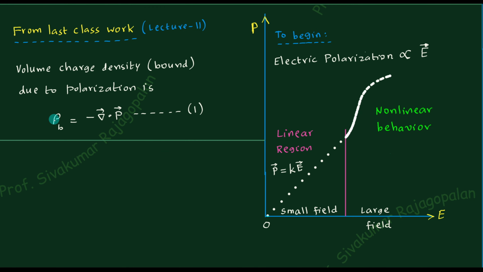By evaluating the divergence of this polarization function that you got here, you can calculate the volume charge density. Of course, all the charges that are present in the dielectric are bound. So actually you can call this by the name volume bound charge density. Bound charge density, there is nothing special there. I would like to specify that we maintain the same symbol rho. Rho is the symbol for the volume charge density. So we are trying to maintain that symbol.